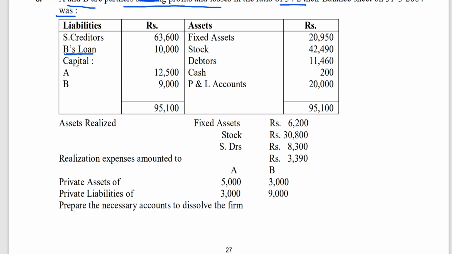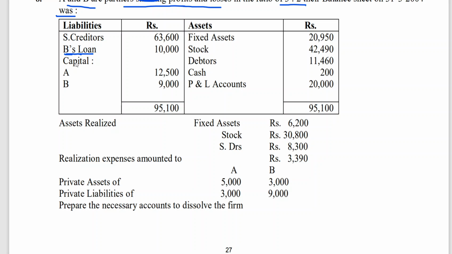Now, this problem is like the previous one. Here also, all partners have become insolvent. How were we able to know that? That also we can cross check once again. So this B's loan 10,000 rupees will now be transferred to B's capital, because when all partners have become insolvent, it means they owe money to the partnership firm. Now B's loan means amount due to B. When B can't bring, how can we make payment?